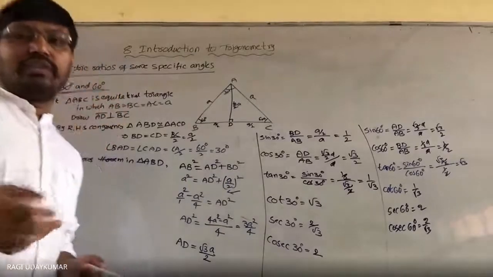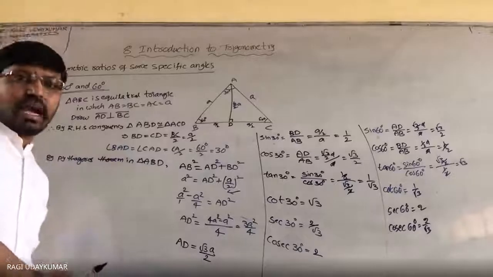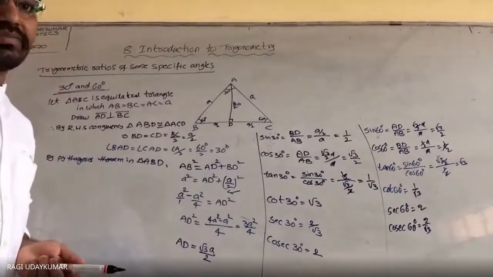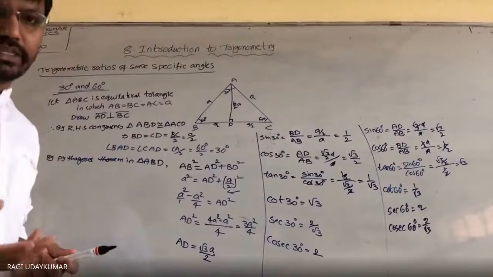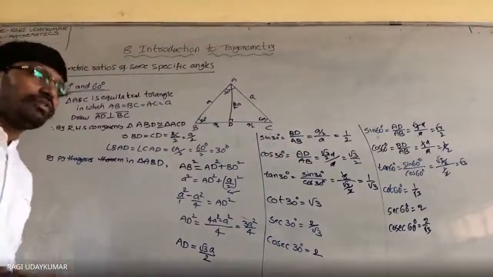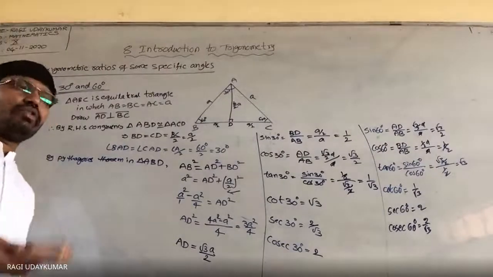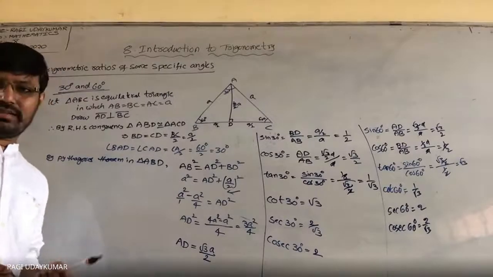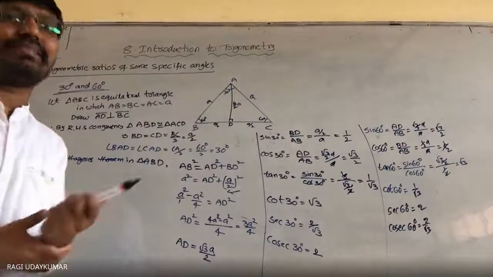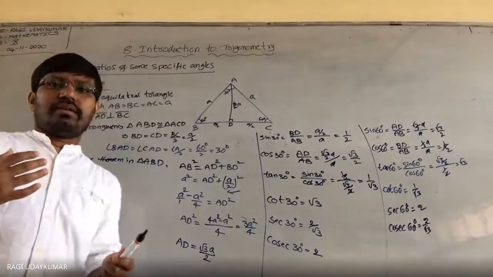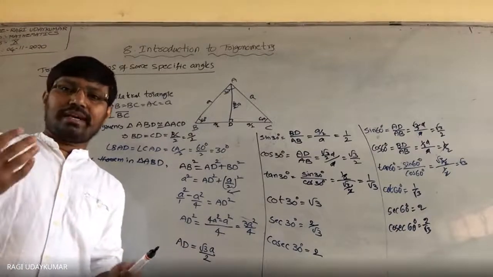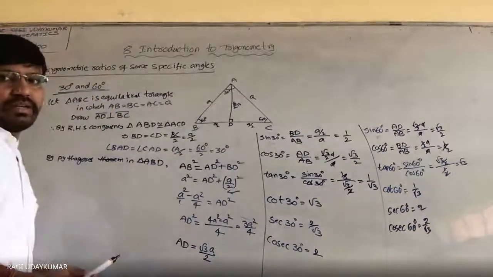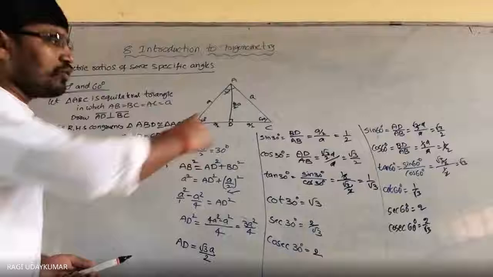So let us move to 0 degrees and 90 degrees. How do we prove all the trigonometric ratios for 0 degrees and 90 degrees? Actually, 0 degrees will not be there in any triangle. In a triangle there will be no 0 degrees, but as an assumption we need to take one angle and make it 0, so that we can see what values we are going to get. So what are the values here? You try to remember this.